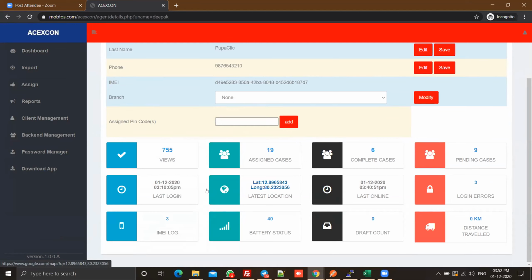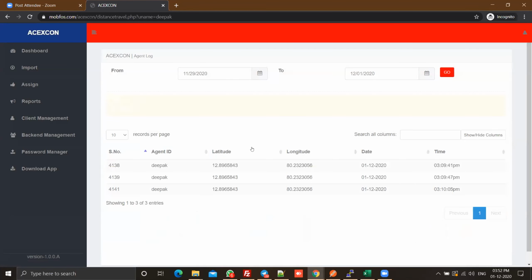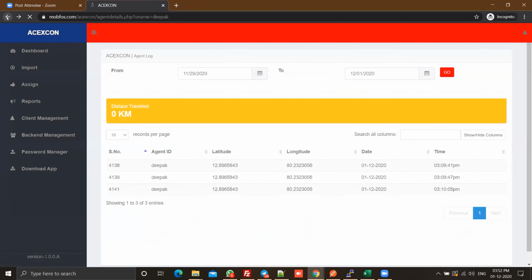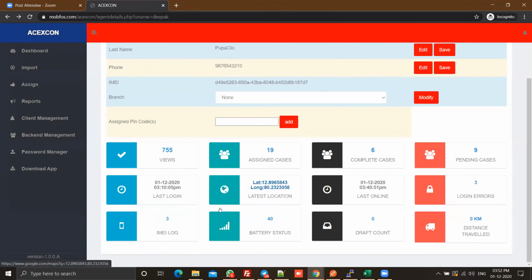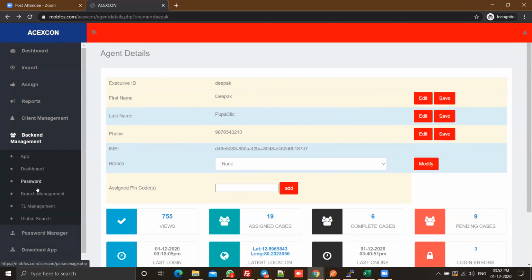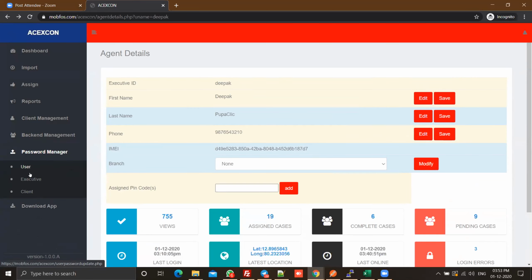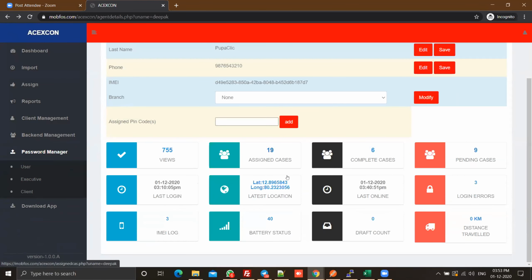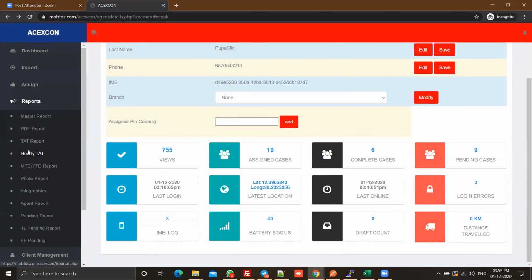I'll see if we can make that, but there are two reasons why I'm asking. One is because I would like to see if they are on track or if there's any diversion in their commute. And second, I want to see the actuals from where they start till the site, because we have to pay them travel allowance. They might be closer to the site, but they may tell us otherwise, since we're currently doing it manually. I'm telling you the pain points we are facing currently.